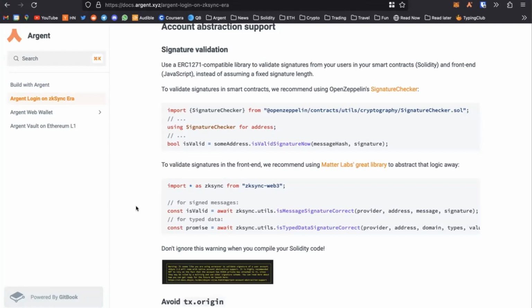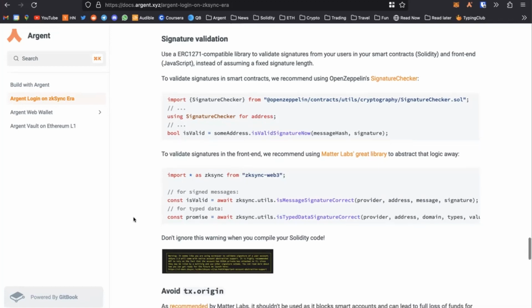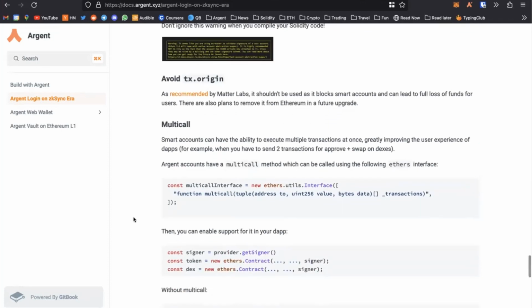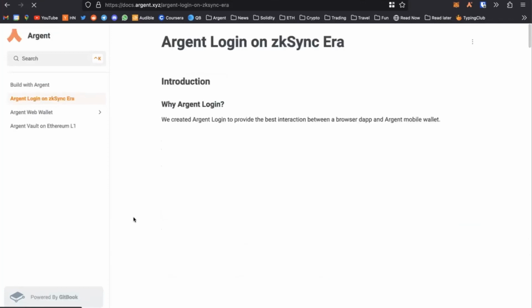I heard this story of someone trying Uniswap for the first time, and when they clicked on approve their token for the first transaction, they thought that was it, and they were waiting. Where's my swap? Why is it not happening? They didn't understand they have to click twice. So it's pretty bad. And so since we at Argent actually support this on Ethereum L1 too, we re-implemented it on Era.